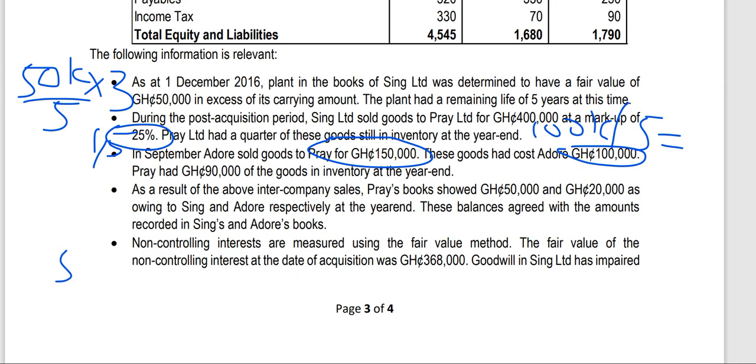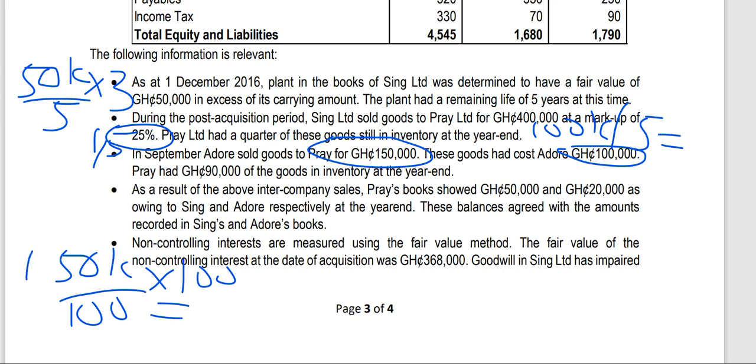The profit is 50,000 and the cost is 100,000. This is profit as a percentage of cost, so you get a markup of half, 1/2. That's why I said it's 50%, and therefore your margin will become